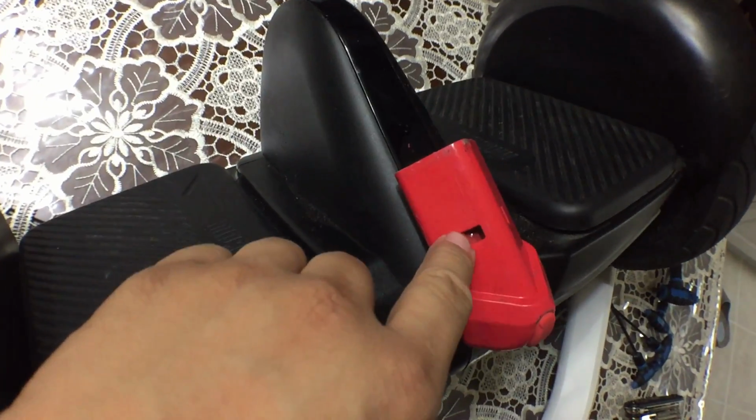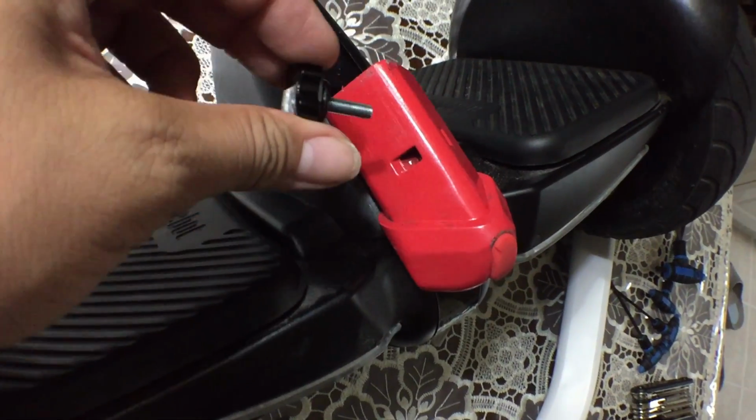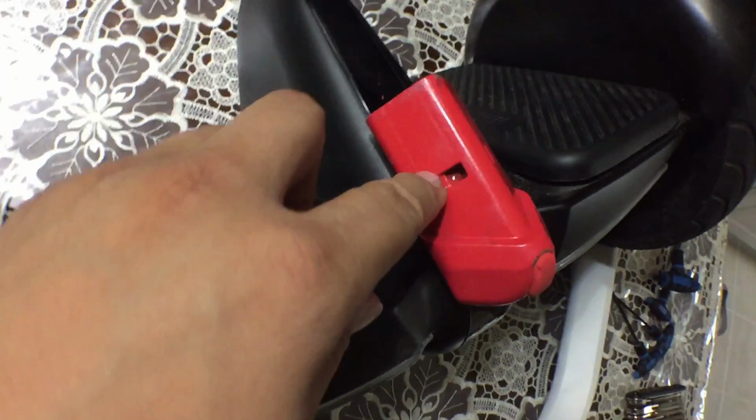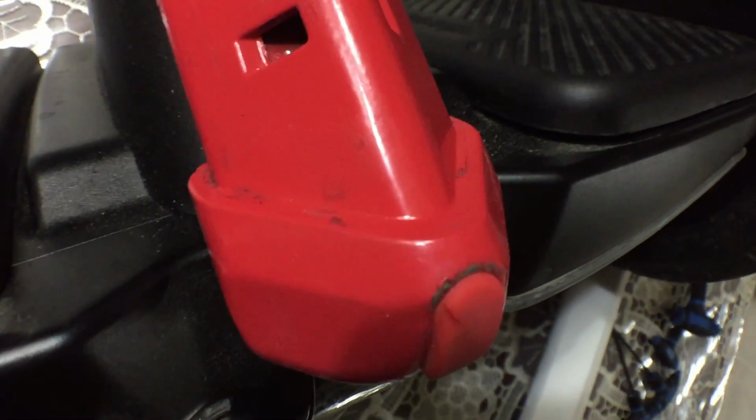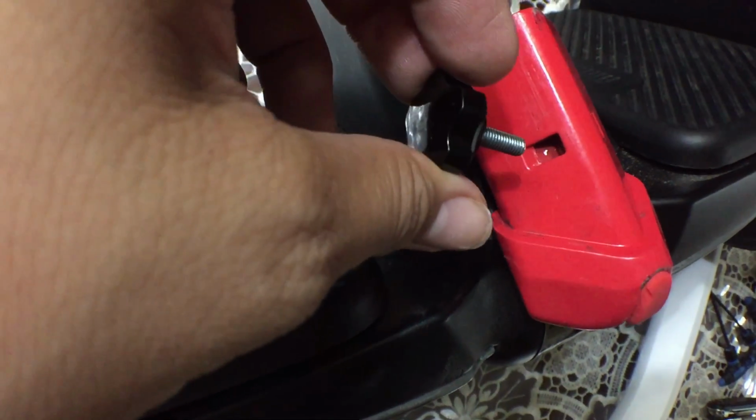I'm going to bring my camera closer. This is important. There's that little flash of metal, right? When you dig this in, that's what it's digging into. You're digging right into that metal. So as much as that metal is going to tolerate this thing,